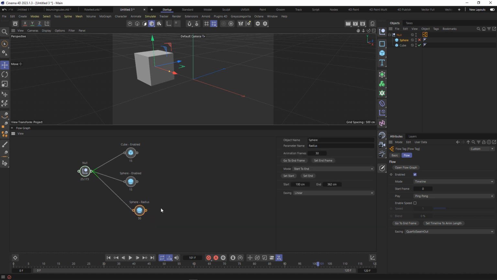You can also Control Alt, and it will drag it and have it automatically connect to that value. And if you go Control Shift, it will actually connect it to the parent value. So there's a couple of helpers in there. But I want Control Alt, drag that, so it says current to end. And if I click go to end frame for this,